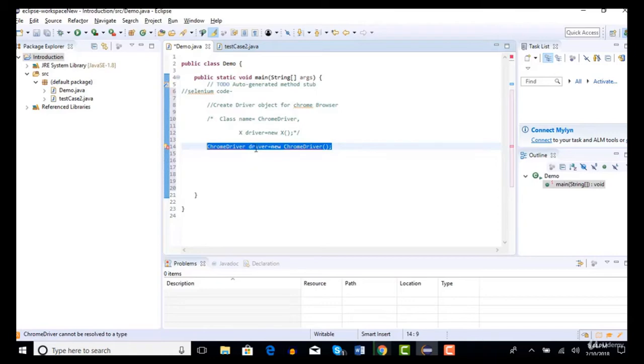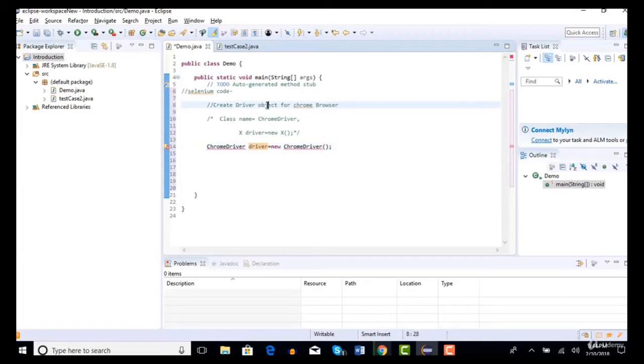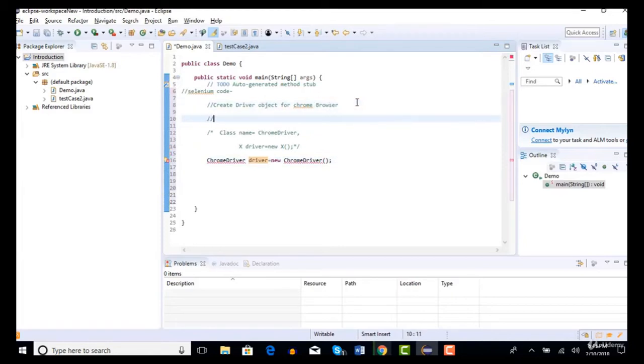But here we are actually executing and implementing methods present in our WebDriver interface. That means once the driver object is created, we will strictly implement the methods of WebDriver. Okay, so WebDriver is an interface.